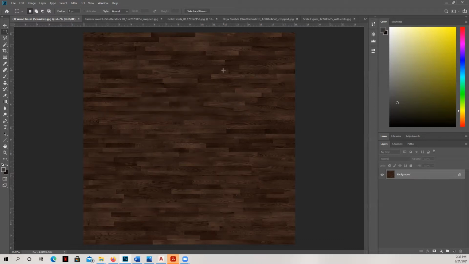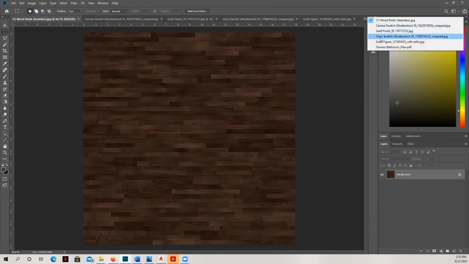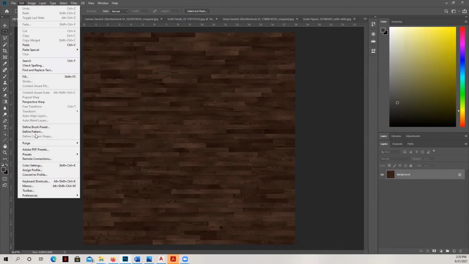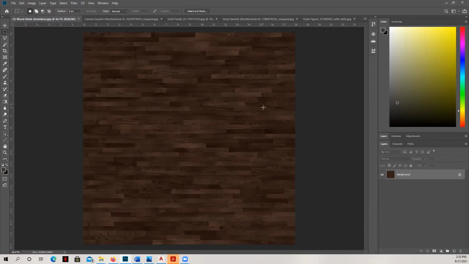Any of the other swatches that you need to create, whether it's finishes or shower floor mosaics, anything that you have called out on your sketch, you can go ahead and produce that same workflow by opening up the swatch, going to edit, and defining the pattern. And you won't really notice any change to the swatch itself, but what you will see is it'll pop up when we go ahead to define that on our floor plan.